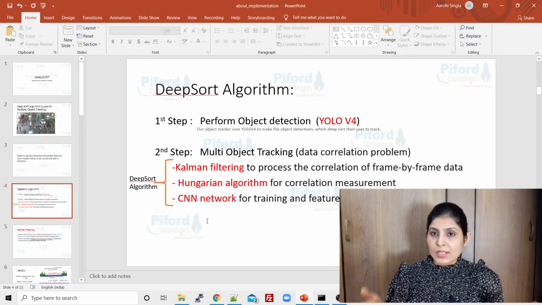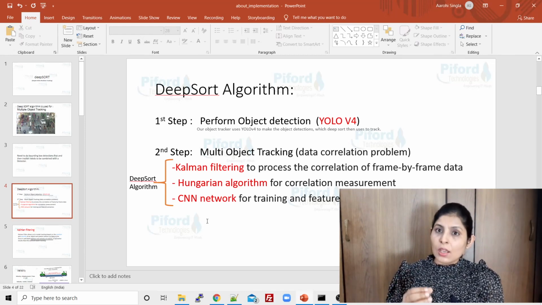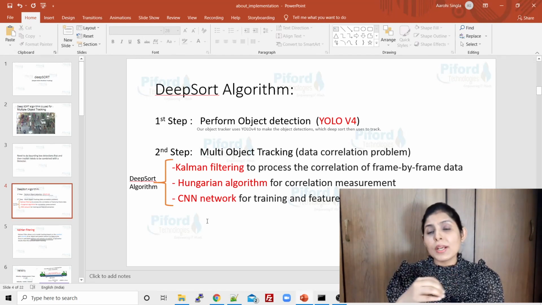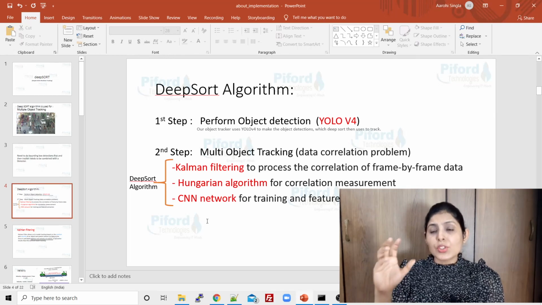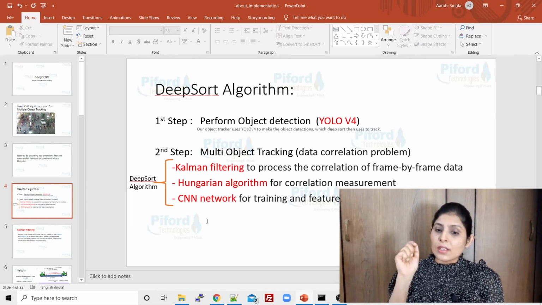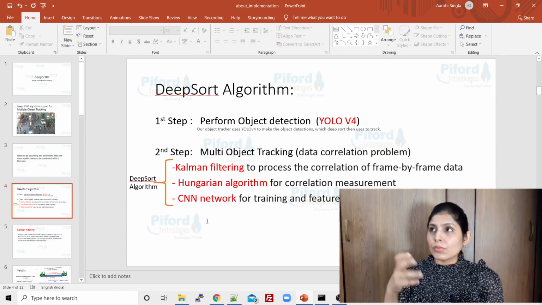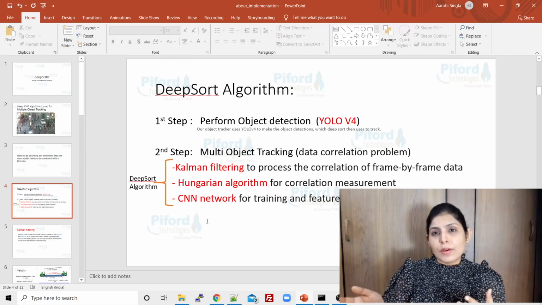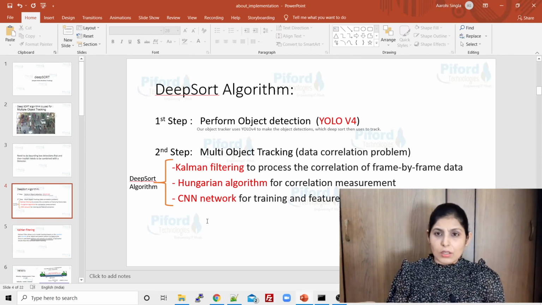That simply means, let's suppose object A is in frame 1 and is also present in frame 2, but how much movement there is and in which particular direction, that kind of thing. And the Hungarian algorithm will tell us how much correlation there is between those objects.